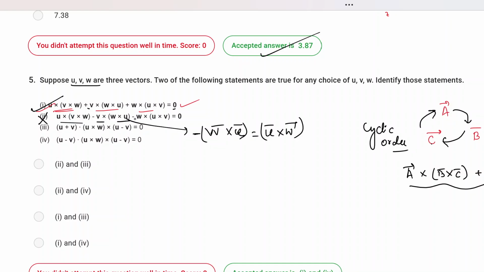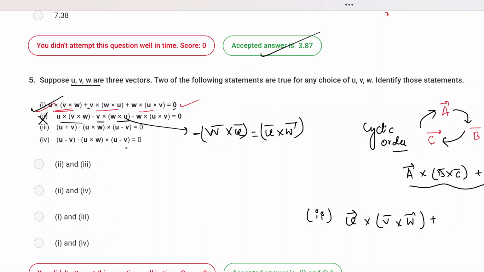And the third term also, because it absorbs the minus sign in the cross product, it becomes W cross V cross U. So the cyclic order actually breaks. What I am trying to tell is that if you express this one, and if you want to have a plus sign or a sum between all the terms, what you are left with is that the first term is left as it is, so U cross V cross W.